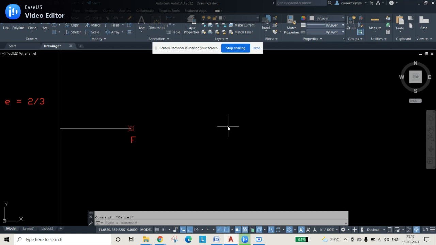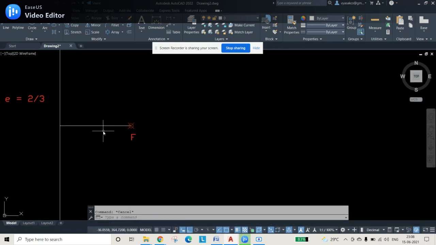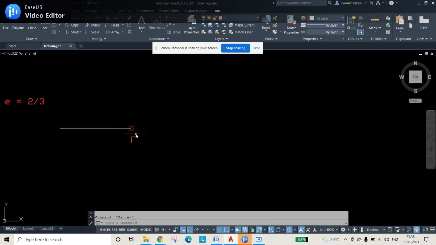That is the distance of the point from the focus with the ratio of the distance of the point from the directrix. That one will be taken as eccentricity. So supposingly I am selecting the vertex point. Vertex point will be one end of the major axis. So supposingly that is called as a V. Let us say V.